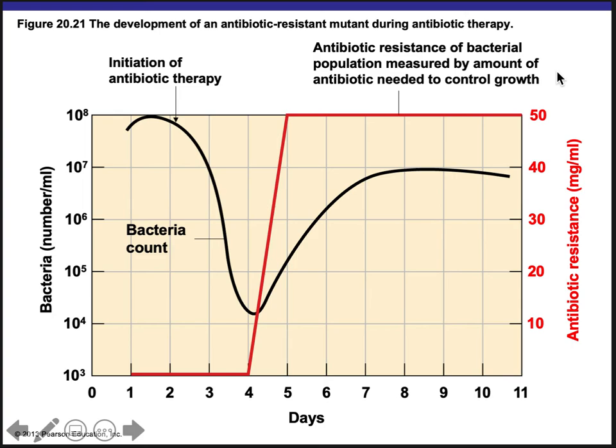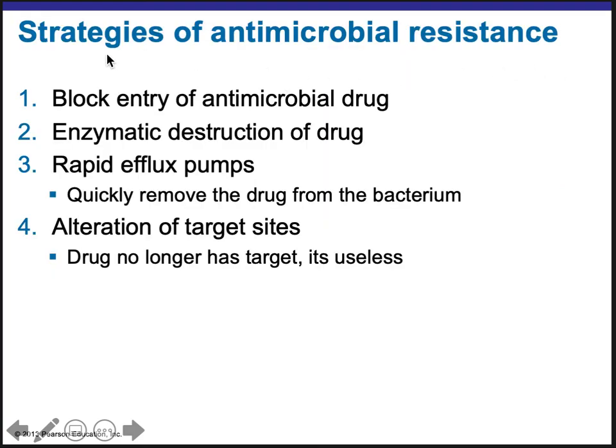Okay. All right, strategies or mechanisms of antimicrobial resistance. So bacteria or other pathogens might block the entry of the drug. So the example of this would be the Pseudomonas aeruginosa, I have a category for rapid efflux pumps separately. So blocking the entry of the antimicrobial drug could be something like the receptor that's used to get inside of the cell gets changed, or some other strategy to block the entry of the drug.